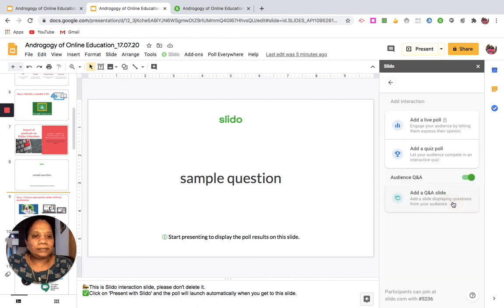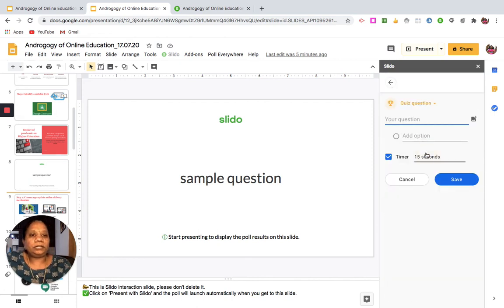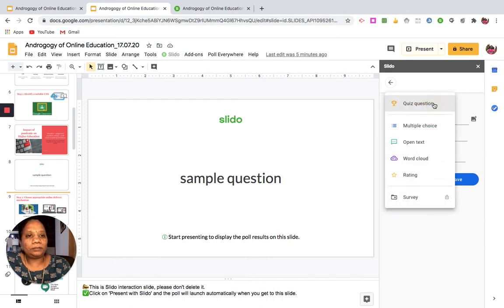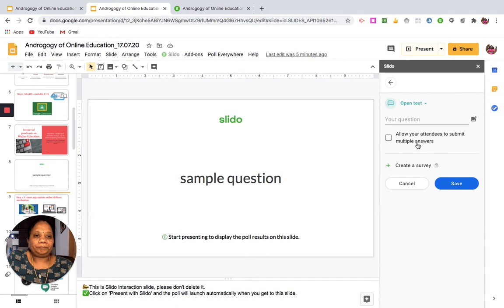And the next thing is, a third option that you have in Slido is, again, go back to the dropdown. You have something called open text. Okay, so they can post something. You can just tell them, please can you say one sentence on what you learned today. Okay, so summarize the concept